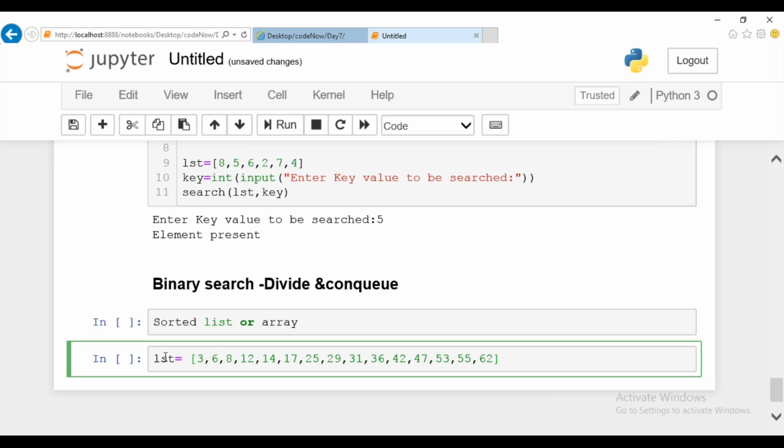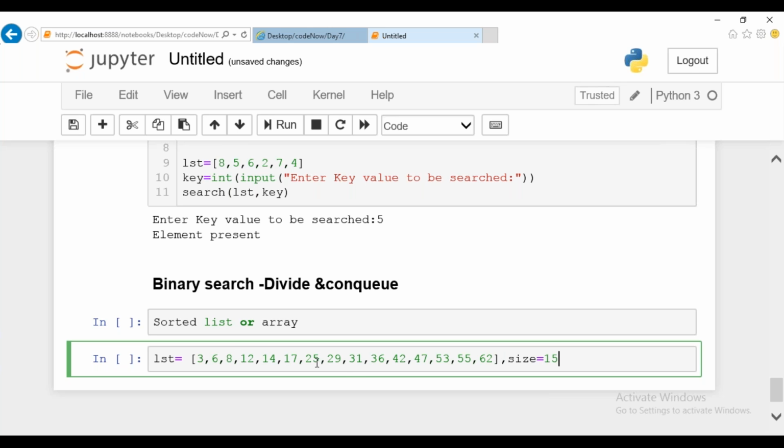Let this be the example. Let us assume I have given 15 values, so there are 15 values in this list.